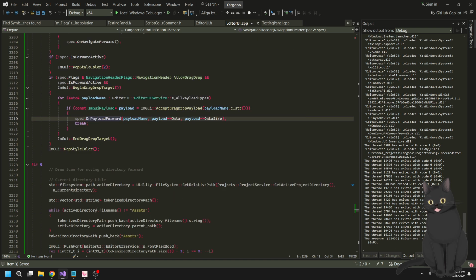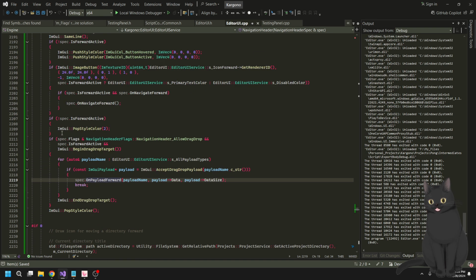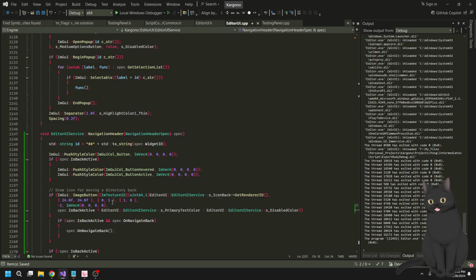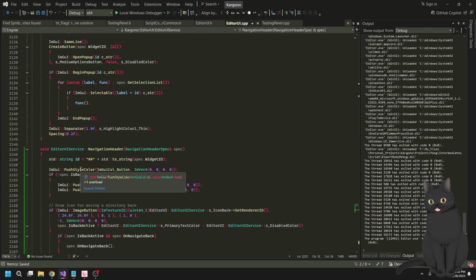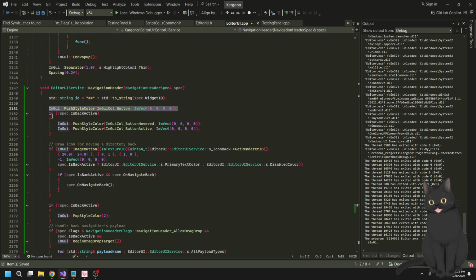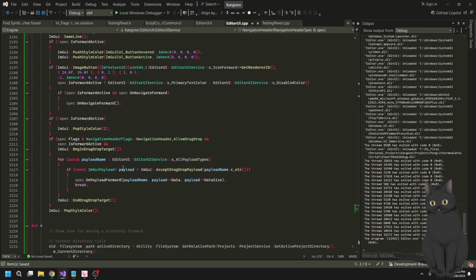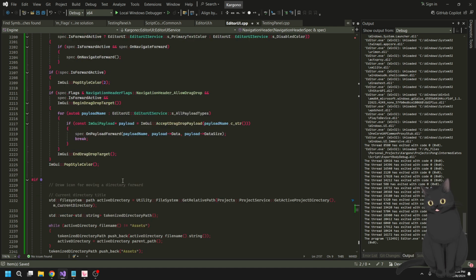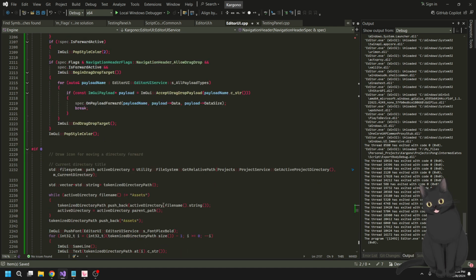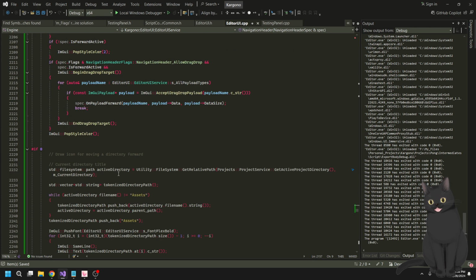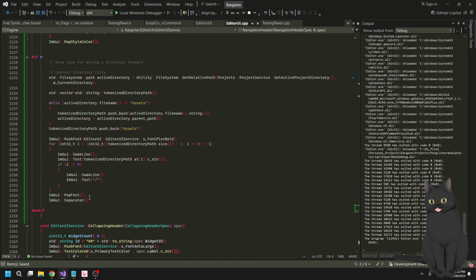We pop the style, and we already popped these both. This is one that came from, I'm assuming, the beginning. Yeah, so this style goes all the way, and then these are the two, just so I don't get any of those weird cases where you popped it but there was no push, or vice versa. Alright, so now that we have both the forward and backward icons working, now we just need to get